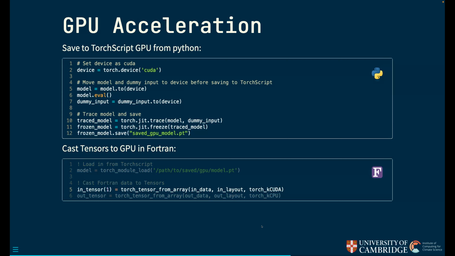So the whole idea of this is that we want to develop a library that is familiar to both PyTorch and Fortran users, and abstracts away a lot of the complicated computer science, the pointers, the transpositions, etc., to make it easy and familiar for people to deploy in their particular applications.